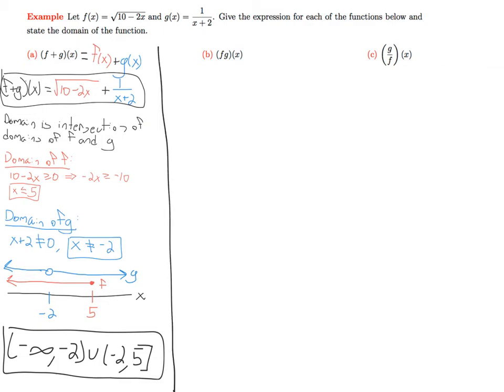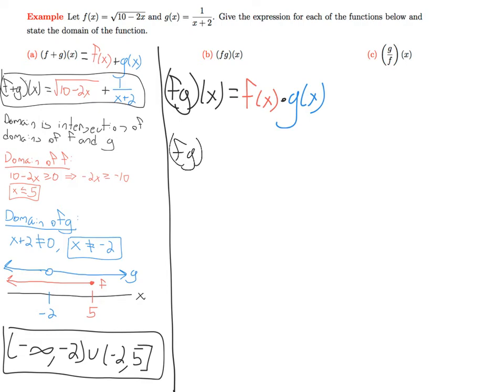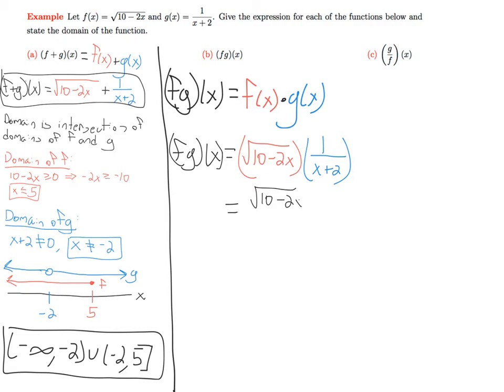In part B, the expression that we get for the function f times g of x is going to equal the expression for f times the expression for g. So in this case, f times g of x is going to equal f of x, which is the square root of 10 minus 2x, times the expression for g of x, which is 1 over x plus 2. And so simplifying this, writing it as a single fraction, this is the square root of 10 minus 2x divided